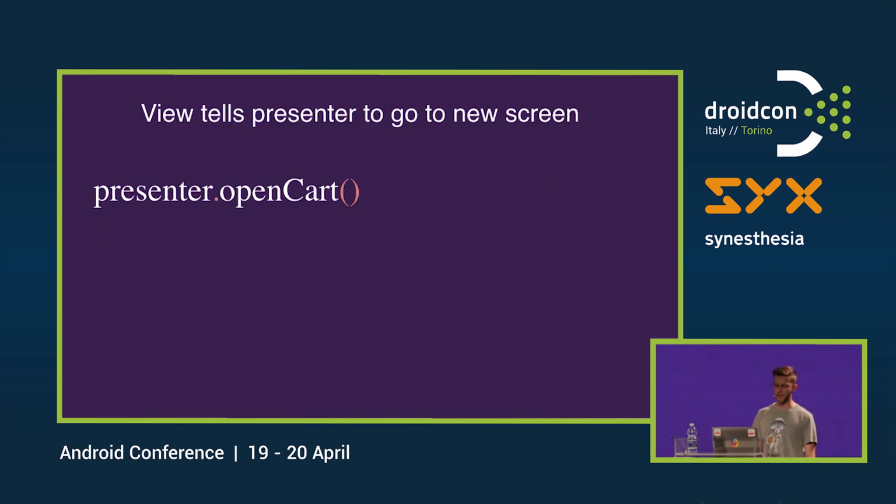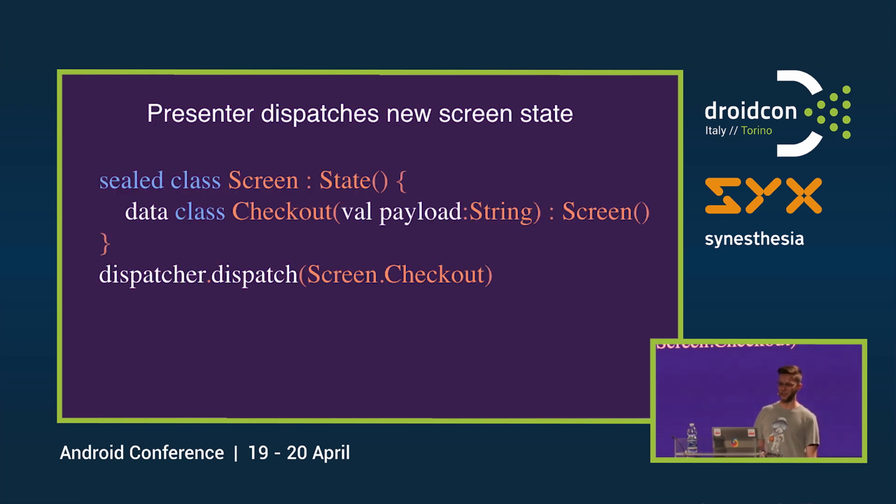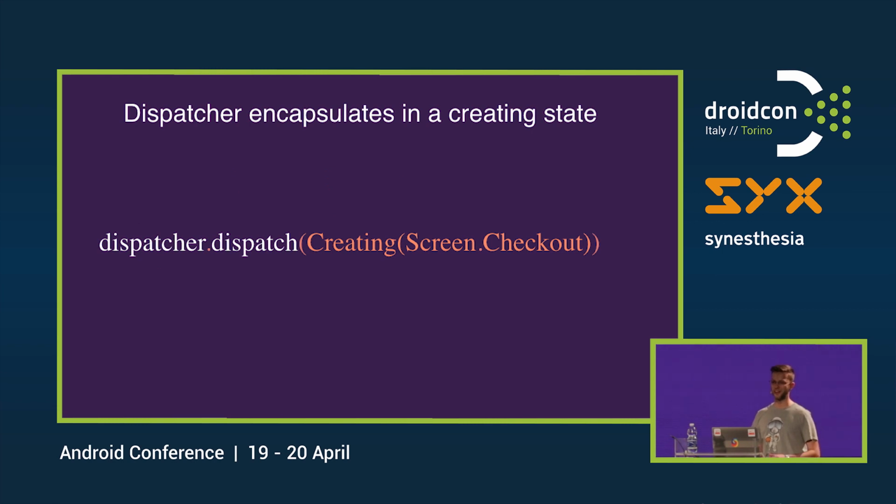From a coding perspective, view calls presenter open cart. Sorry, it should be presenter go to open checkout. Dispatcher will make a new screen state. Screen state is just another state that is within the state sealed class. It'll dispatch screen.checkout. The dispatcher will know that it needs to wrap any screen state in a creating state, which